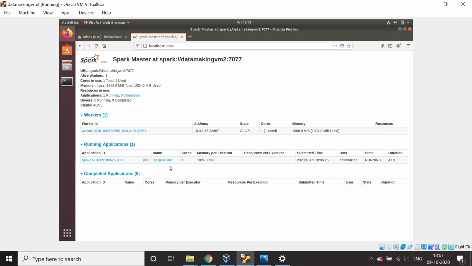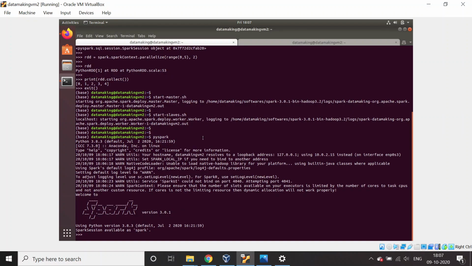When you run your Spark shell or PySpark CLI, it launches an application on your master because we are using the standalone cluster manager. You can start writing code, and whenever you execute it, the code will be executed on your Spark engine via the Spark standalone cluster manager. So this is how you access the Spark environment in our data making VM.